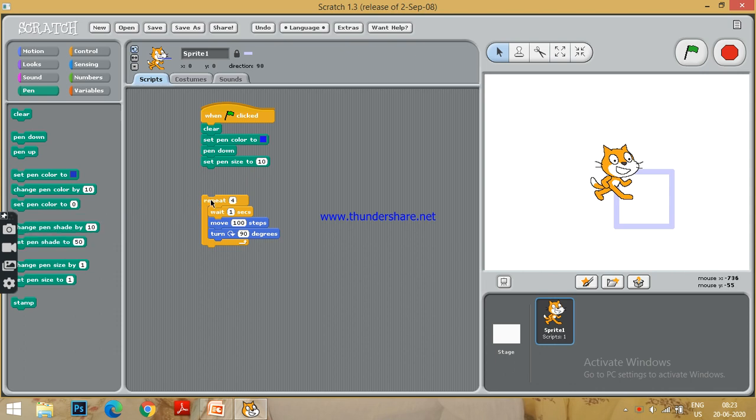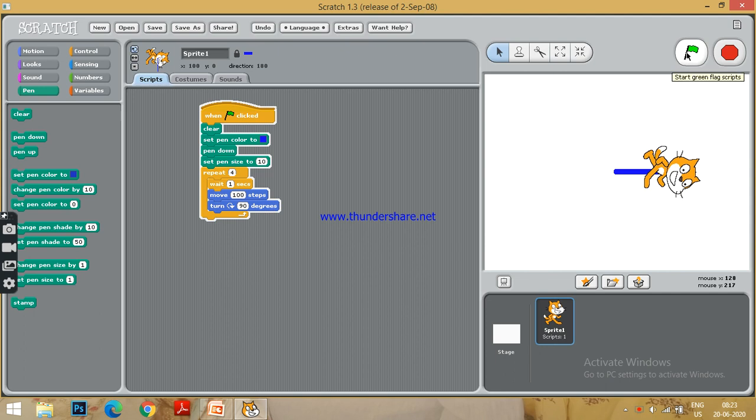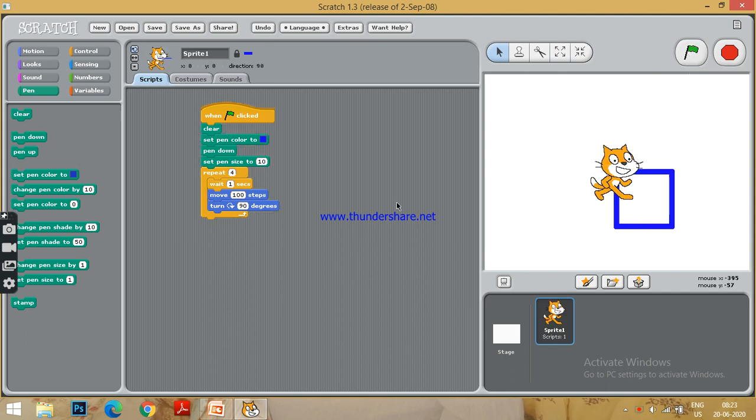Now I am removing it. What I want to do is make one more square, just to get an attractive form. So I will again change the set pen color. Now I will make it a red color.